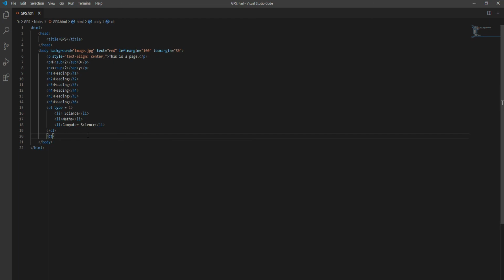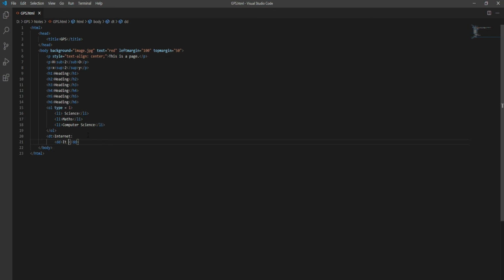Let's suppose we are talking about internet, right? And what is the definition? We have to use DD tag here. DD means description definition, and we have to write our definition under the DD tag.